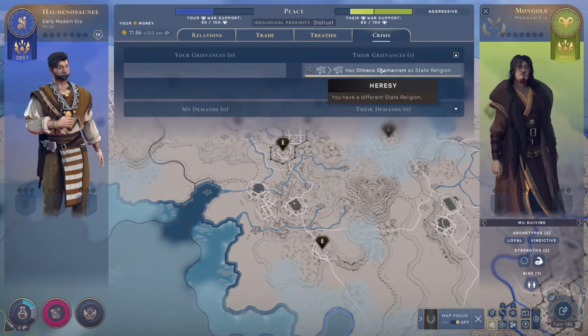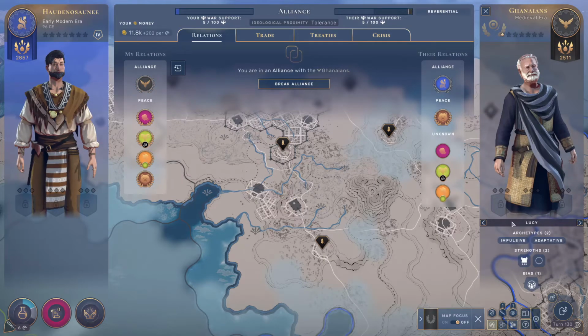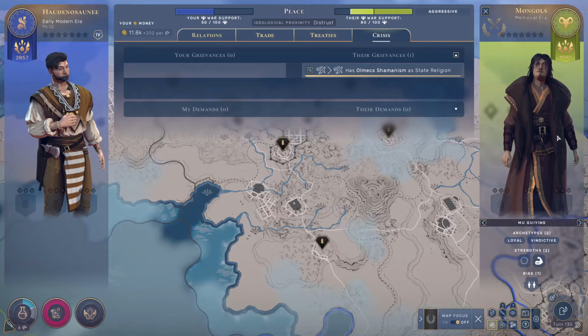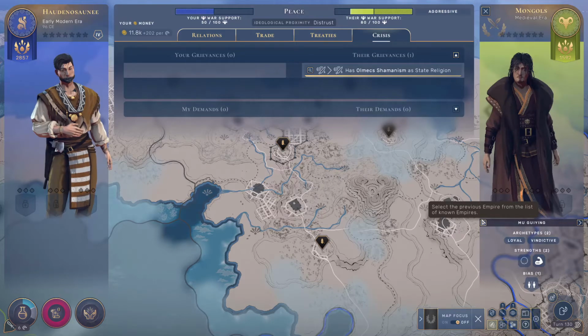Also, with grievances, if you're allied to someone, in this case, I'm allied to Lucy. This is not Lucy. But if I'm allied to Lucy and Lucy decides to go to war with the Mongols, the Mongols will lodge a grievance with you, and so will Lucy, saying you are allies with the person I'm going to war with, something along the lines of that, which is super frustrating because